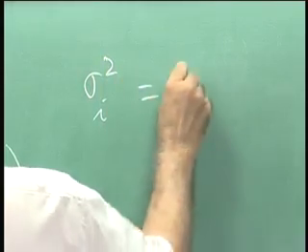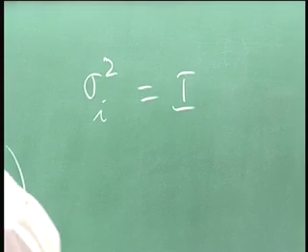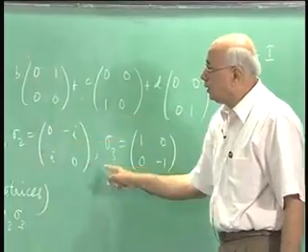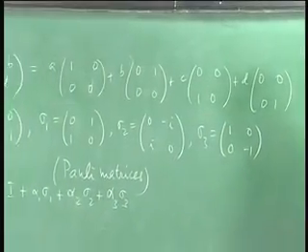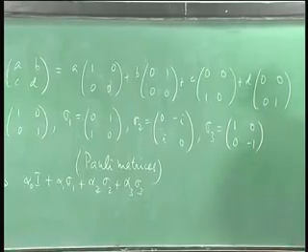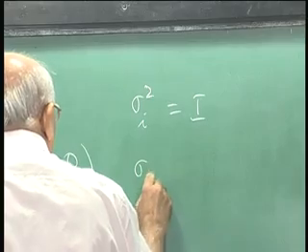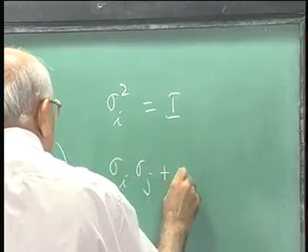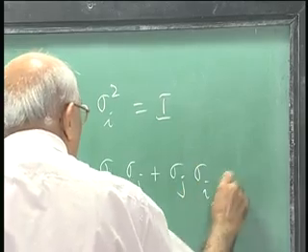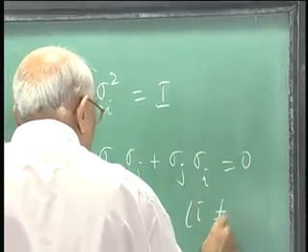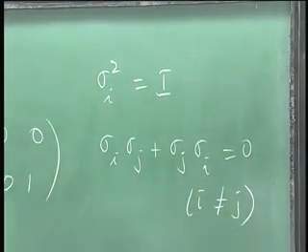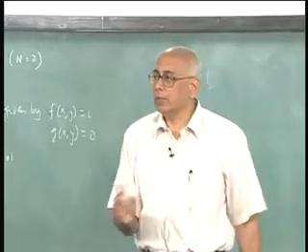Sigma I squared equal to the unit matrix. The square of every one of these matrices is equal to the identity matrix. Moreover, sigma I sigma j plus sigma j sigma I equal to 0 if I not equal to j. They anti-commute with each other,